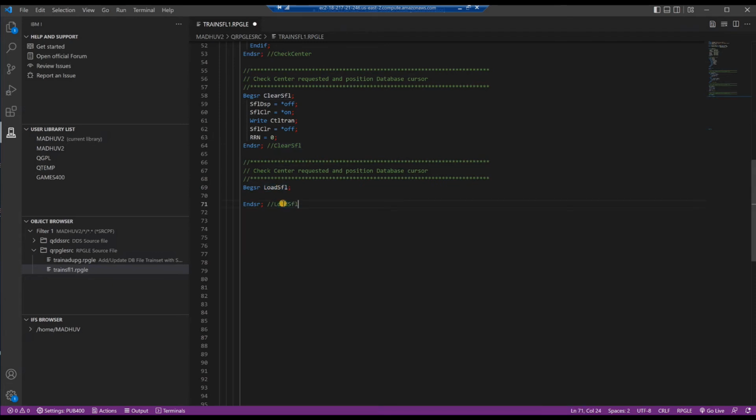Paste it against the comment in the end subroutine line. Highlight the comment for the subroutine, change it to load subfile with all train records. Within the subroutine, execute subroutine read forward. This is a subroutine we need to write in which we just read the next record from our TRANSETL